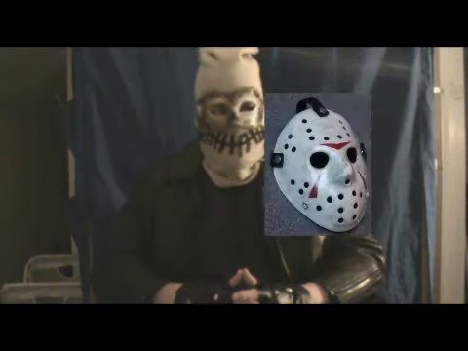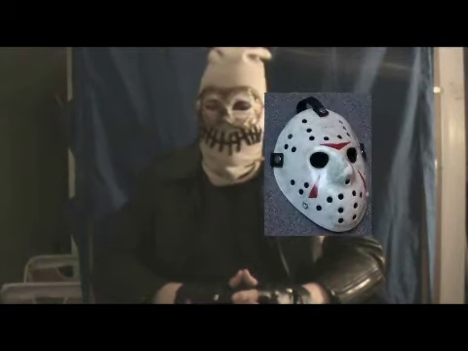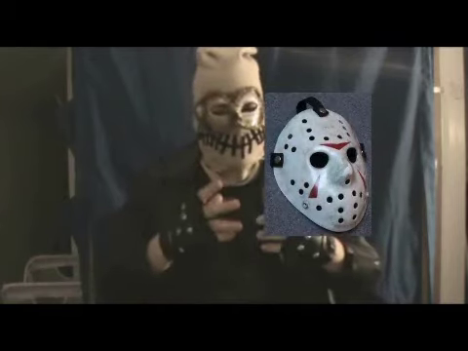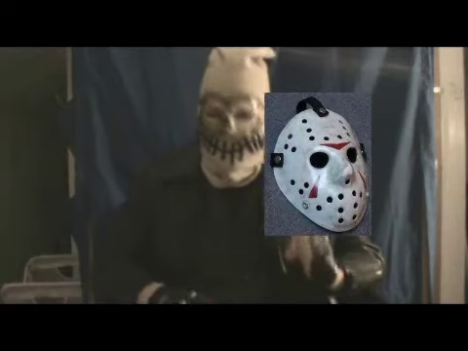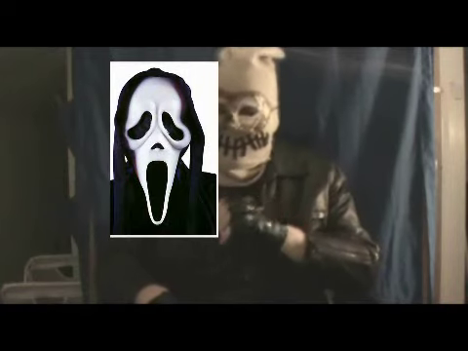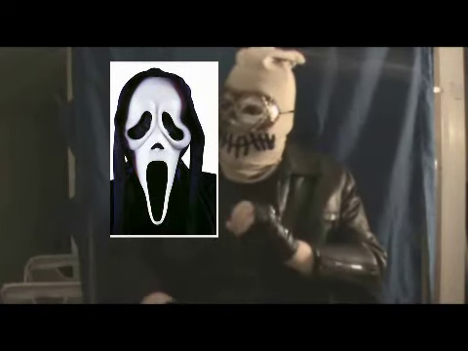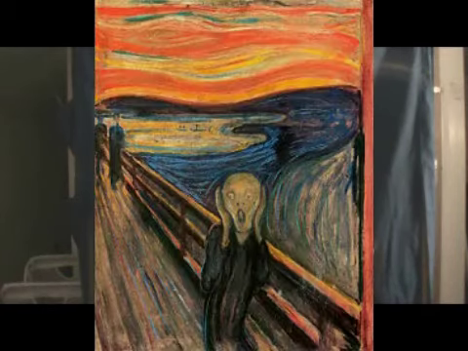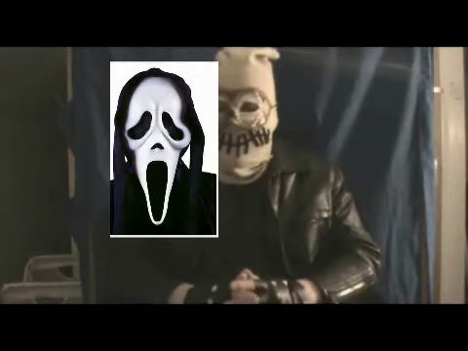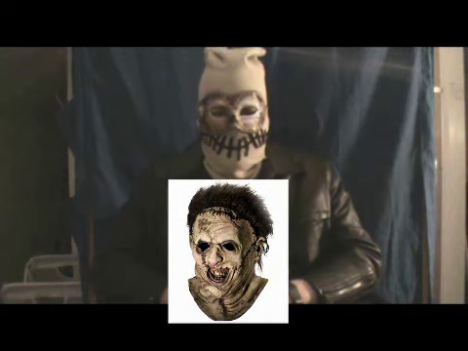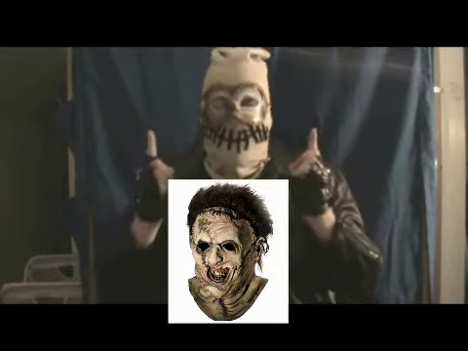Now we move on to masks. The Jason Voorhees mask, a hockey goalie mask. Now it's got a very sporty feel to it. It's got breathing holes which make you more efficient in chases. There's also the Ghostface mask, or as it was known first, the Father Death mask from Scream. Now this one is a reference to 19th century art with the Scream painting, but at the same time it can be bought at Clinton Cards. Cheap bastards! Then there's the Leatherface mask, which is done with stitches. Stitches are cool. Made out of human skin equals badass.